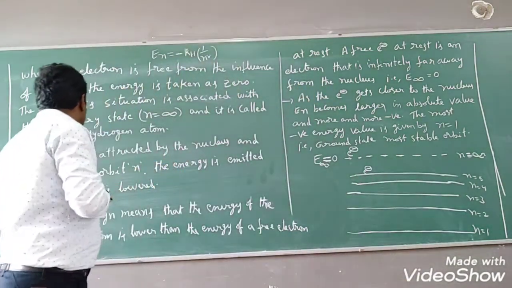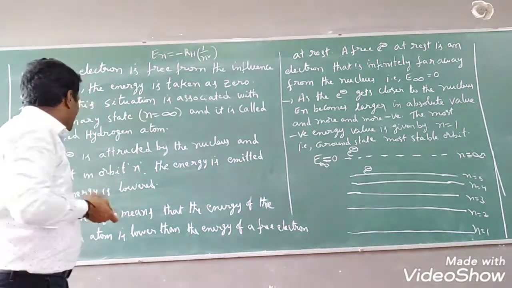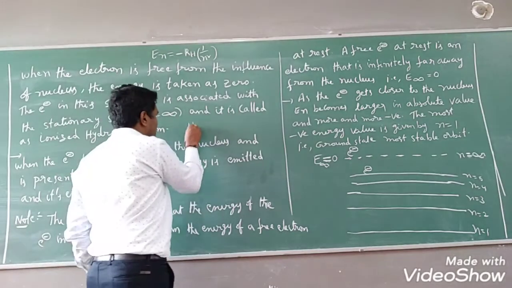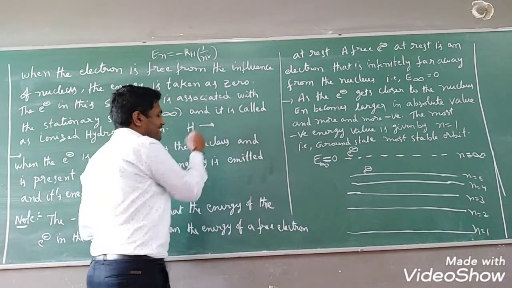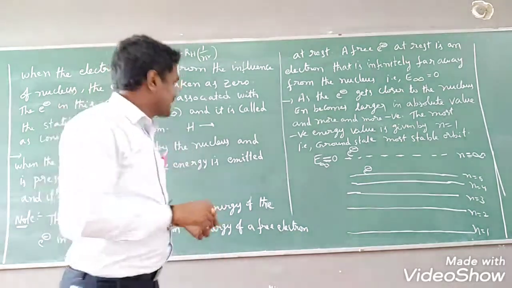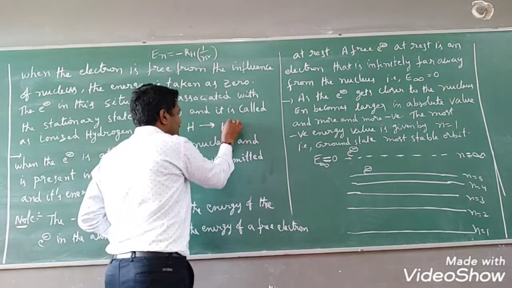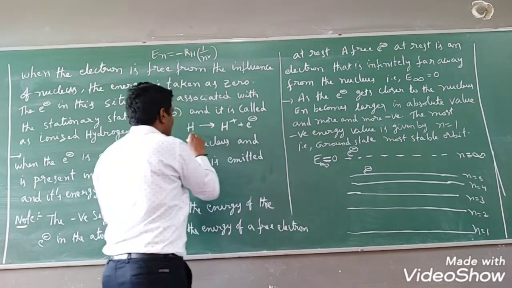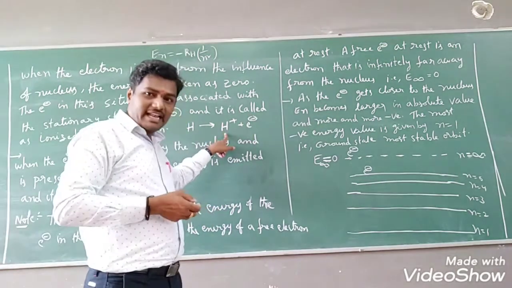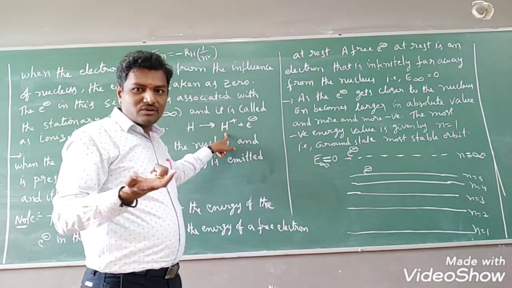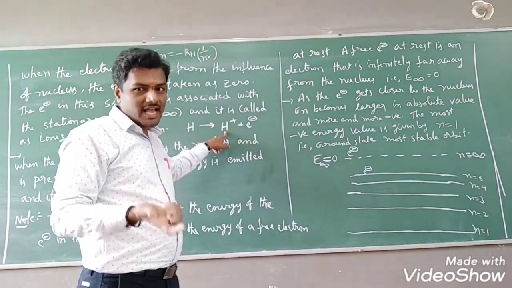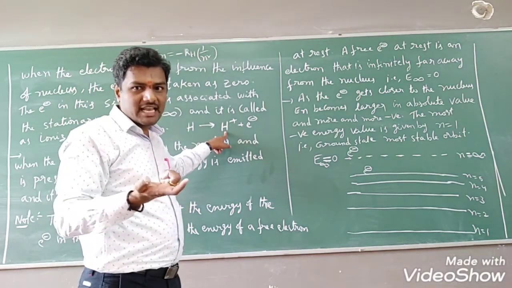Right? So that we can also call as what? Ionized hydrogen atom. Ionized hydrogen atom meaning is what? Suppose a hydrogen is having how many electrons? Only one electron. Suppose if it loses that electron, it will be converting into H plus ion. Hydrogen is only having one electron. In the H plus ion, is there any electron? No electron. It is a no-electron species. H plus ion does not possess any electron.